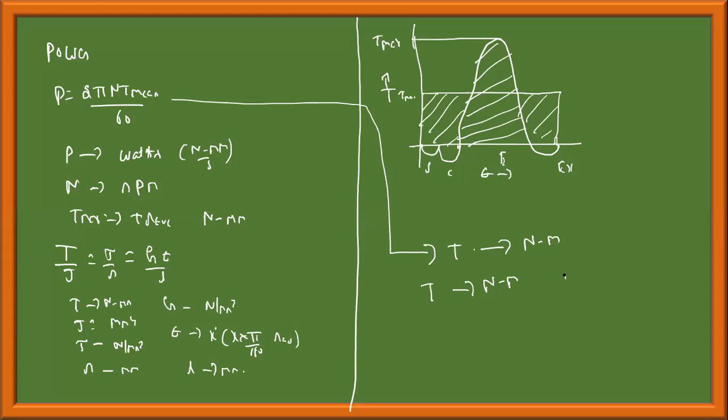Later on in our expression, T by J is equal to tau by R is equal to G theta by L, we'll convert T. For example, say some 50 kilonewton meter is what we got from this expression 2 pi NT by 60. Then T is equal to 50 into 10 power 3 into 10 power 3, which was in Newton meter, now Newton mm, which is equal to